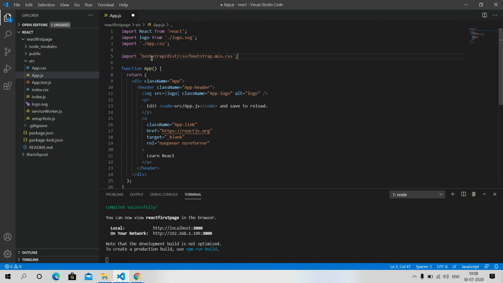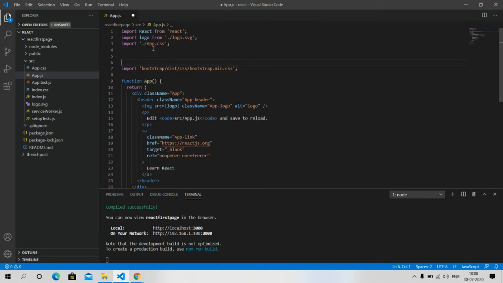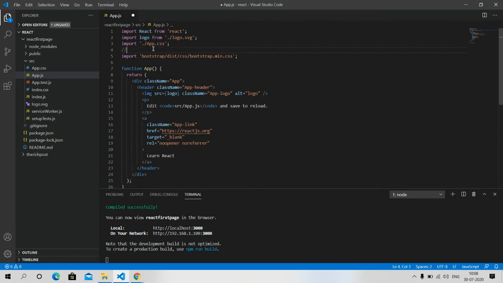Friends, you have to write: import 'bootstrap/dist/css/bootstrap.min.css', and this will include Bootstrap in our React.js application.